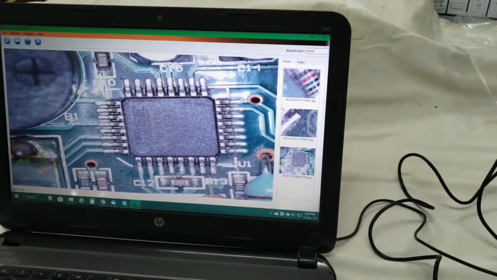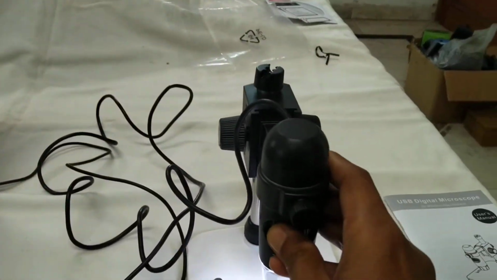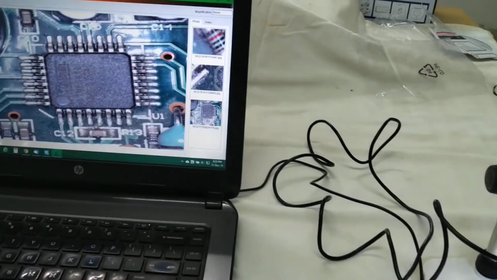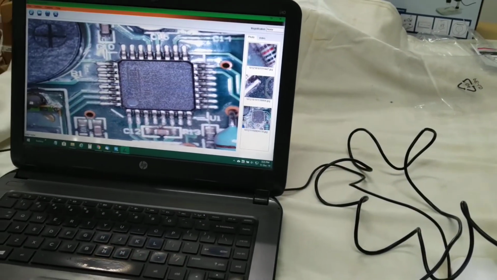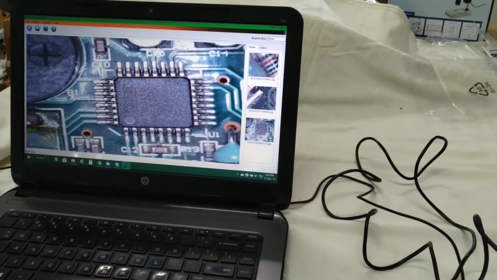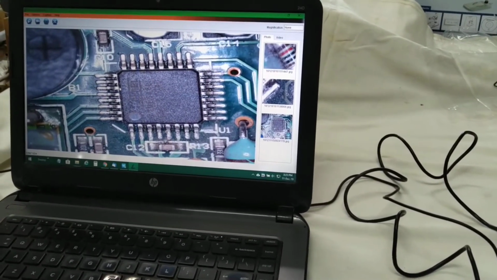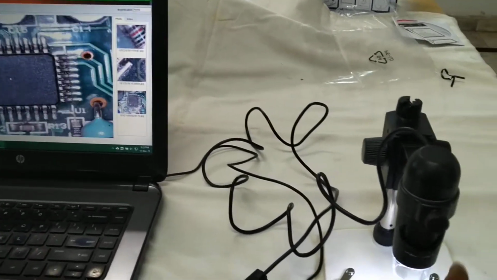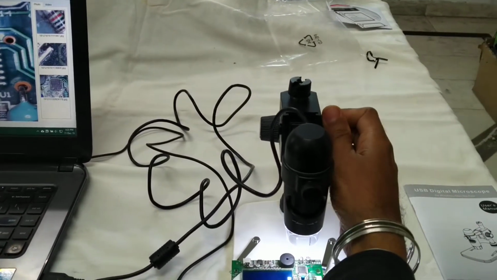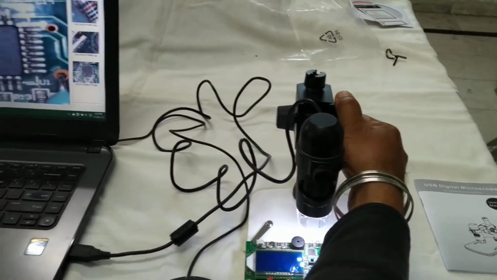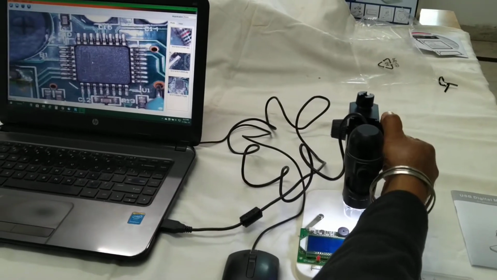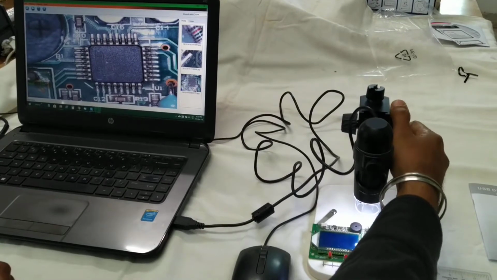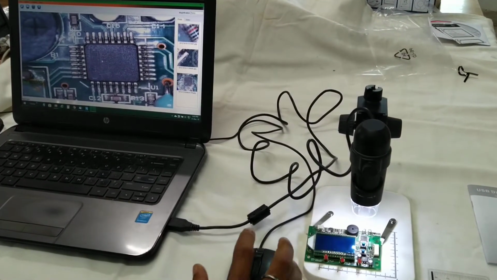The magnification can be adjusted with the help of this knob by rotating it clockwise and anti-clockwise. When the magnification is adjusted accordingly, we can see a very clear image of the object under testing. We can also move the stand upward or downward to adjust the magnification, and we fix it when we find the clear image.